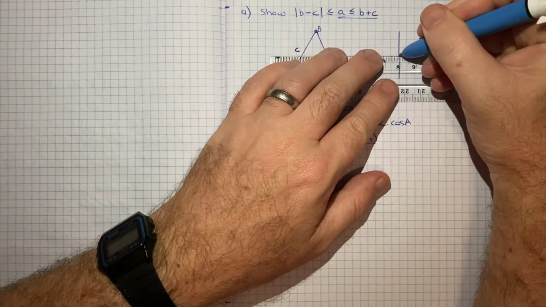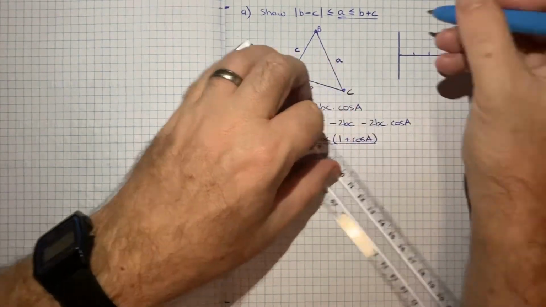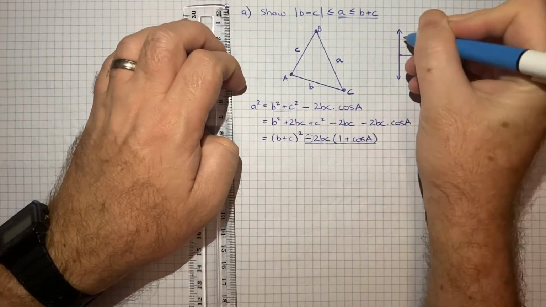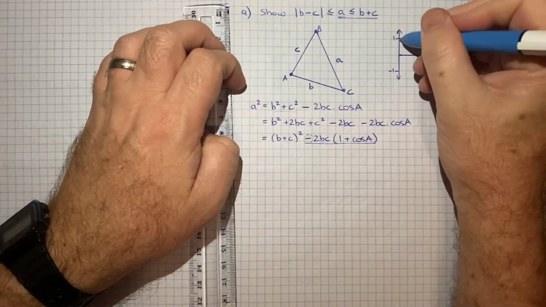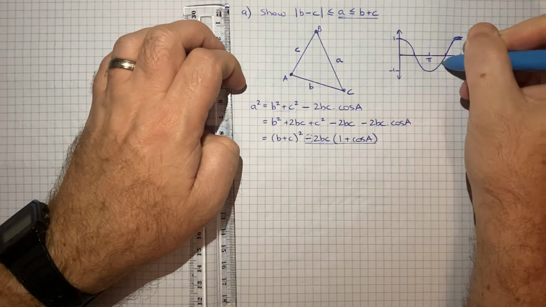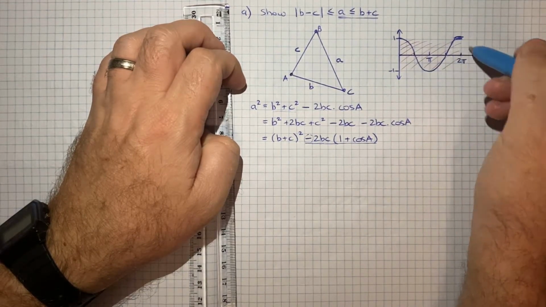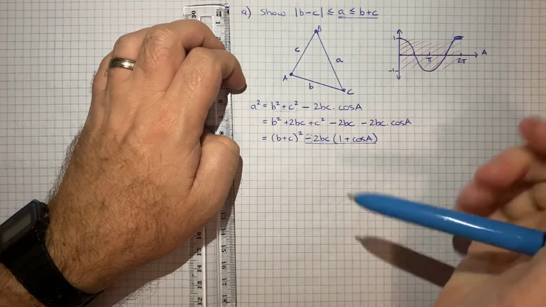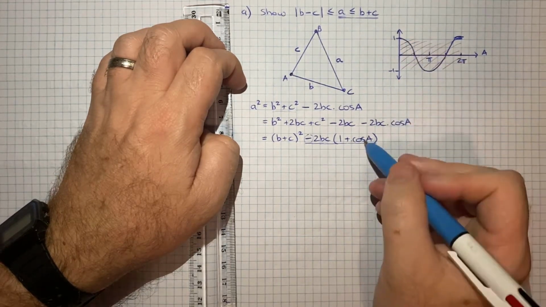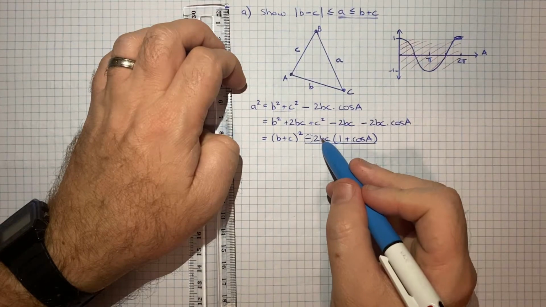Because what we'll see, hopefully, is that the cos curve oscillates between 1 and -1. So if I just call this A, this would be pi, 2 pi, 1, -1, and our cos curve kind of looks like this, oscillating between, I mean, the main idea is that we're between 1 and -1 no matter how many times you repeat. So 1 plus -1 would be 0, 1 plus 1 would be 2, and then everything in between. So this bit here is between 0 and 2, which is positive, positive, positive, positive, so the whole thing